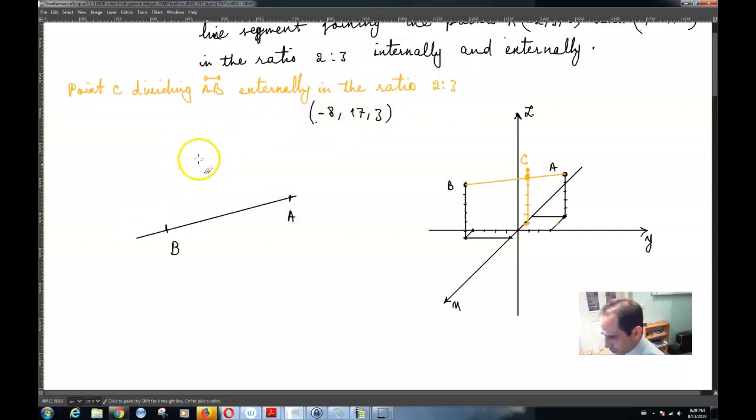So normally what I would say is that, for example, AC to BC is equal to 2:3, which means that AC is equal to 2/3 BC. And, well, I think this is actually the right thing, meaning that